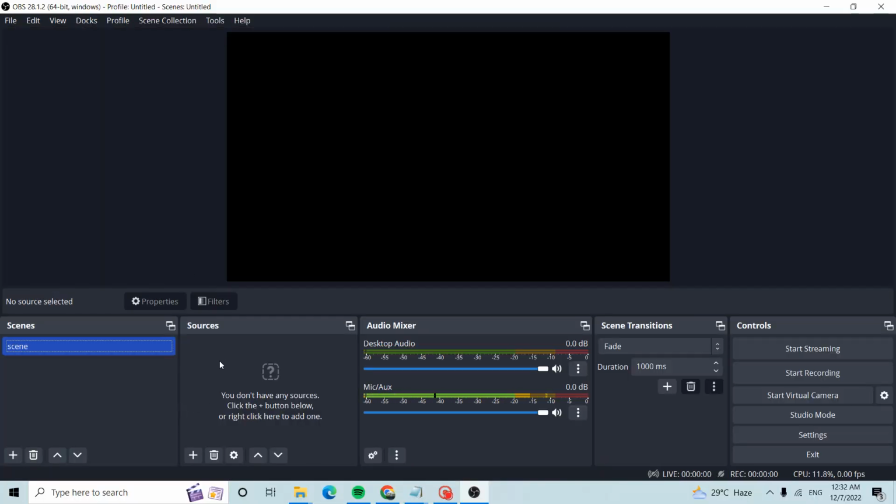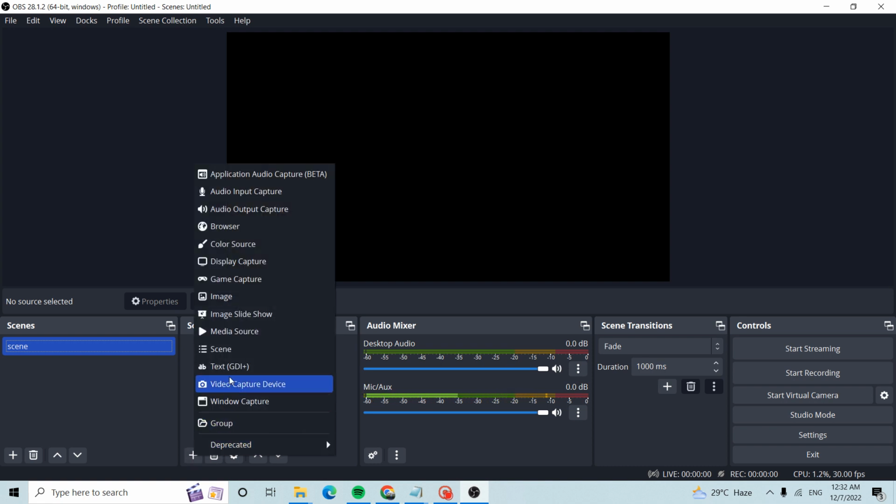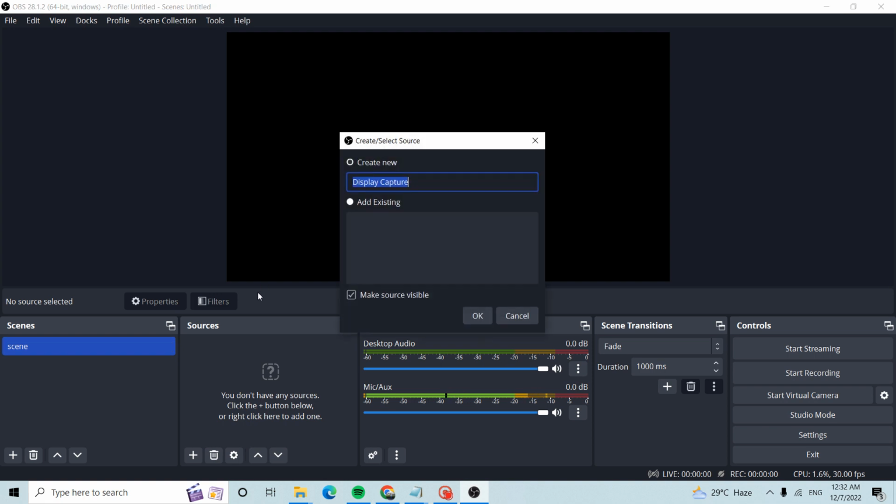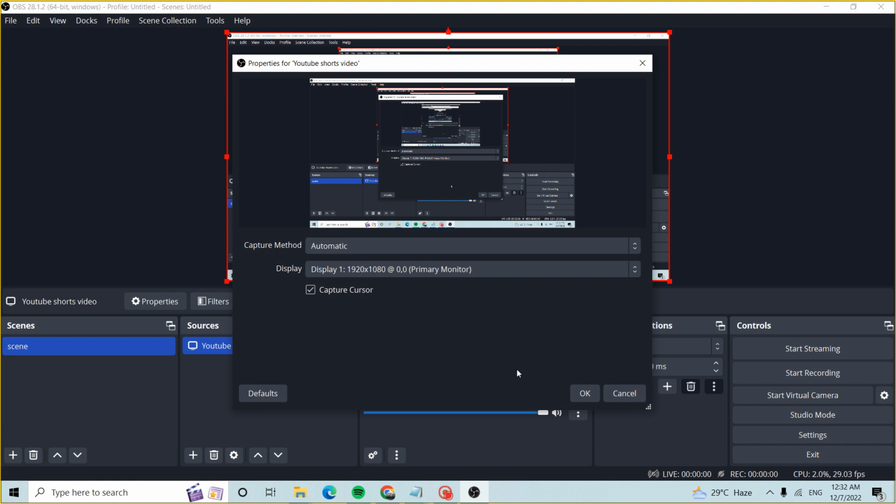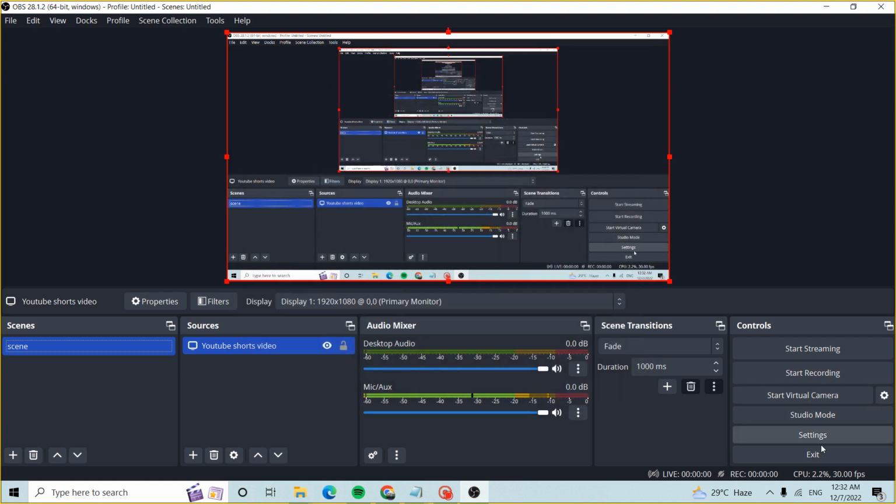After that, you can add sources here using the plus symbol. Click on it, click on display capture, and give it the name YouTube Shorts video. Click OK. After that, you can click OK again, and on the right-hand side you can see settings. Click on it